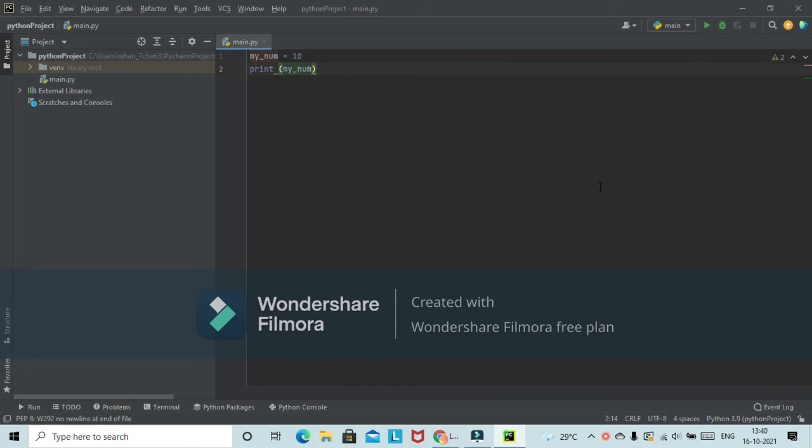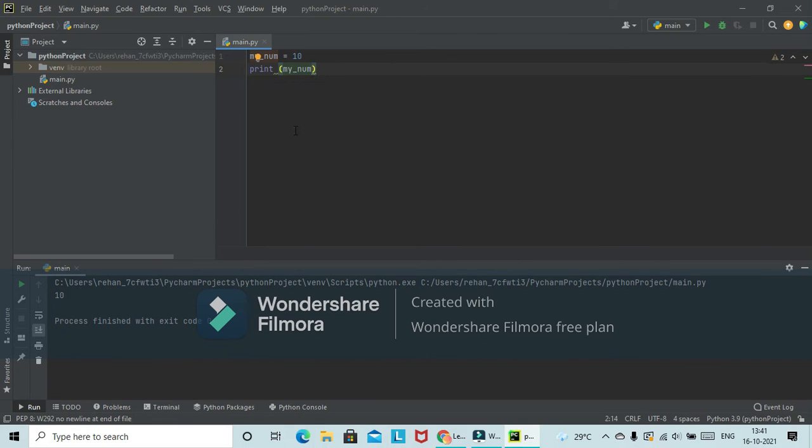You can also store these numbers in variables, inside these variable containers. So I could come over here and create a variable called my_num. As you can see, I created a variable my_num equal to 10. Then I can come down here and print out my_num. As you can see, in the parentheses I have just printed my_num. So whatever value is stored in my_num will be printed out in the console. Let me run this program and show you.